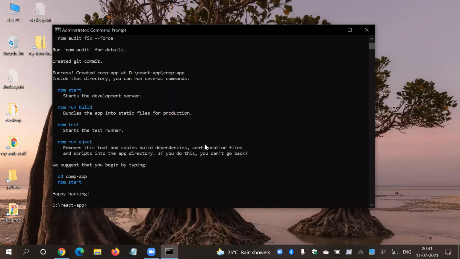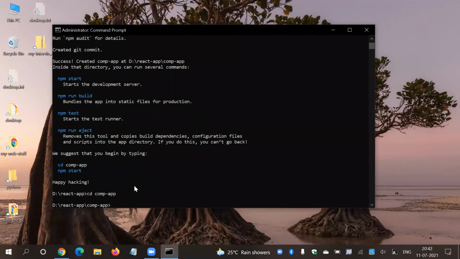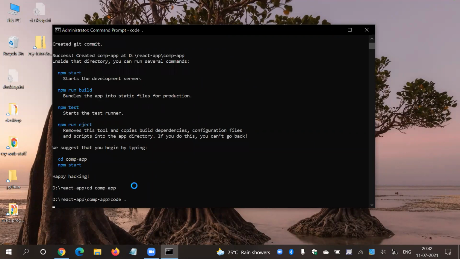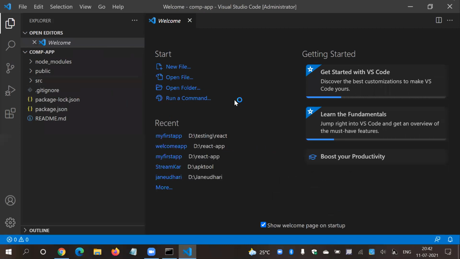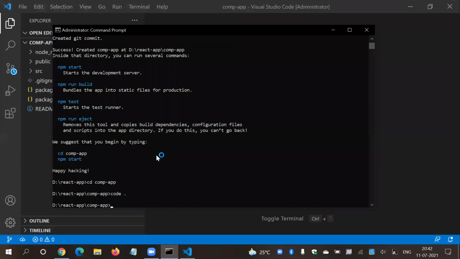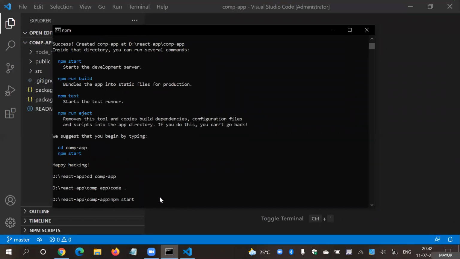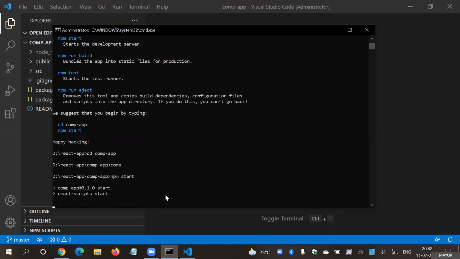the ECMAScript 6 version. So here is my folder, comp app. cd comp app. Here I'm inside the app, and let's say code dot to open that folder. Perfect. So we have this folder, and we can start our development environment by saying npm start, and here is our website.